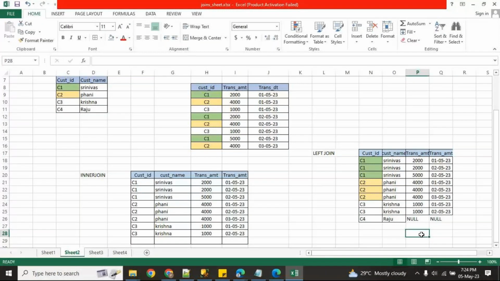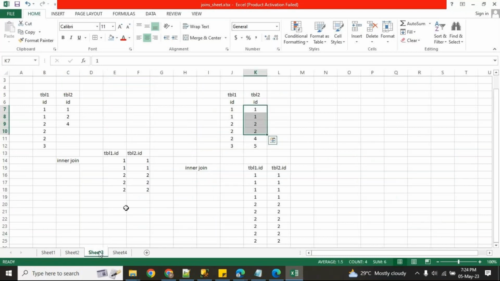Okay, now the same thing, consider this case. I have two tables, and now I am doing a left join on table 1 dot id equals table 2 dot id. First, 1 is matched how many times? One time. This 2 is matched how many times?